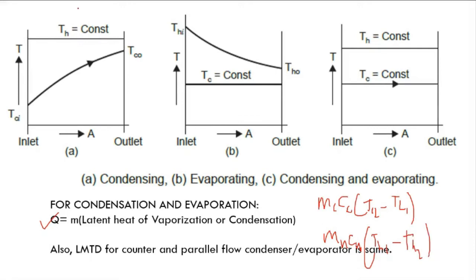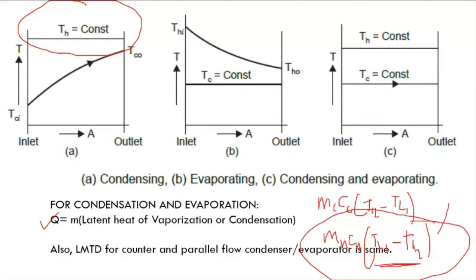Now, if we talk about this particular process, here condensation is taking place. So here the T_h1 and T_h2 values will be the same. It does not mean that the rate of heat transfer is equal to 0. So we cannot use this relation for condensation or evaporation, because here the heat which is being lost or gained is not sensible heat, it is latent heat. So you need to apply the relation of heat transfer for latent heat. We can say that this Q value will be equal to mass flow rate multiplied by latent heat of vaporization or latent heat of condensation for the given case. Is this part clear to everyone?